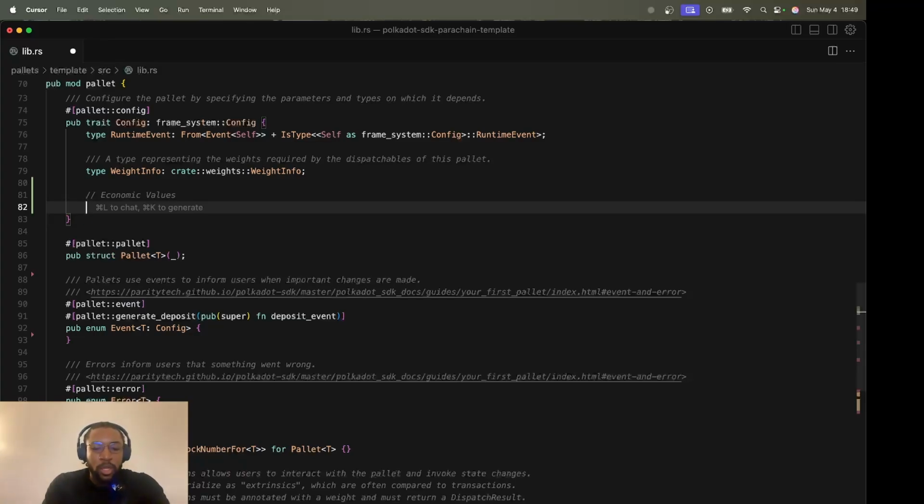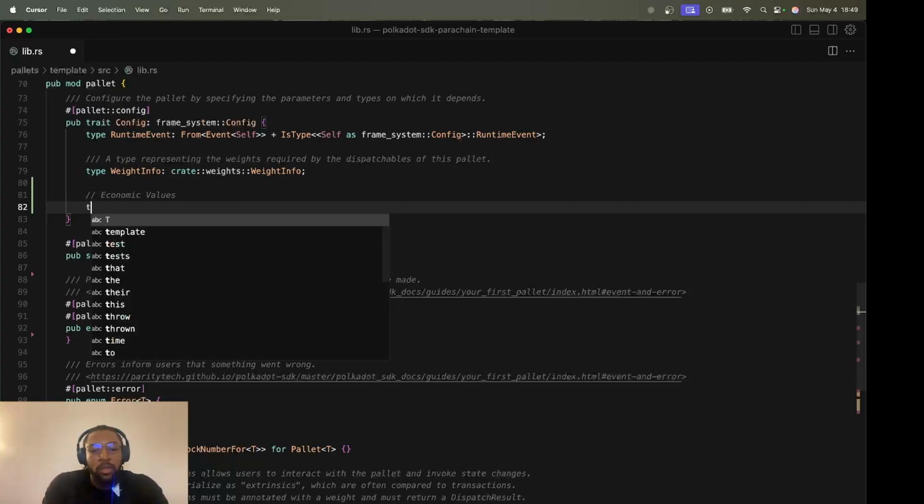So this is usually defined as constant configurations, not storage items. When they're defined as constants, it's a configurable rule.